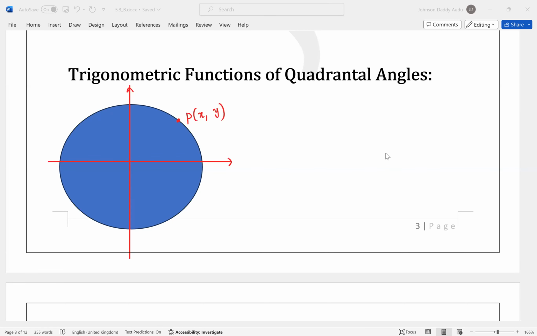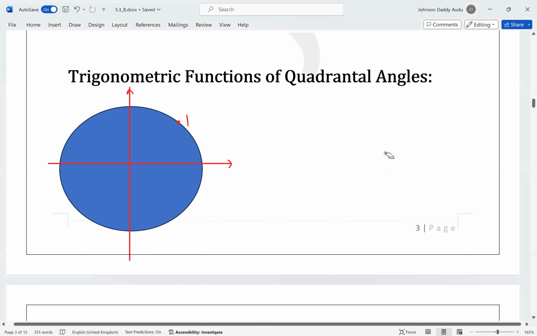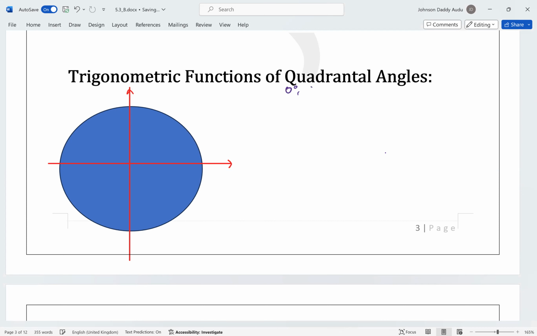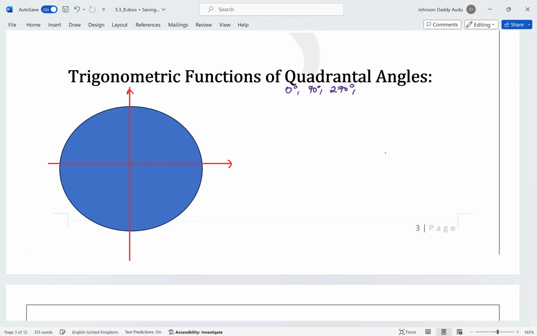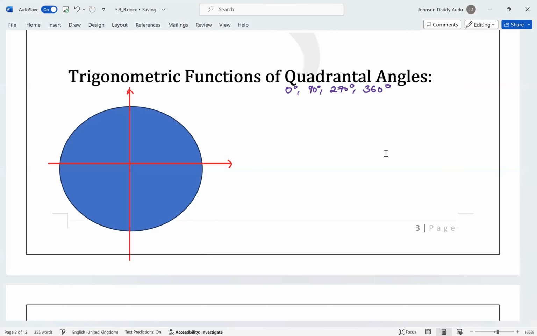All right, in this video, we'll be looking at the trigonometry functions of quadrantals. When we say quadrantals, we're talking about the angles on the borderline, for example, 0 degrees, 90 degrees, 270 degrees, and 360 degrees. This is what we mean by quadrantals. So we want to see how we can find the trigonometry